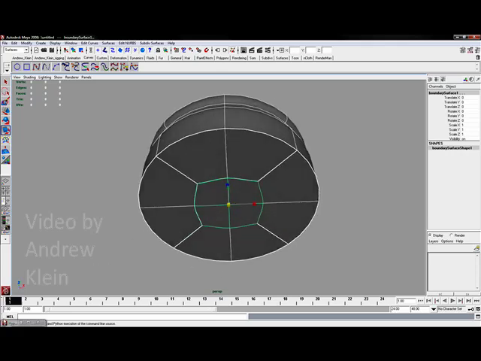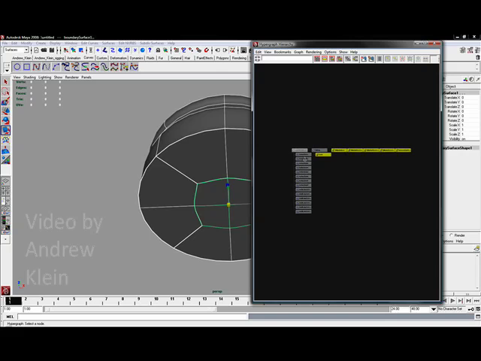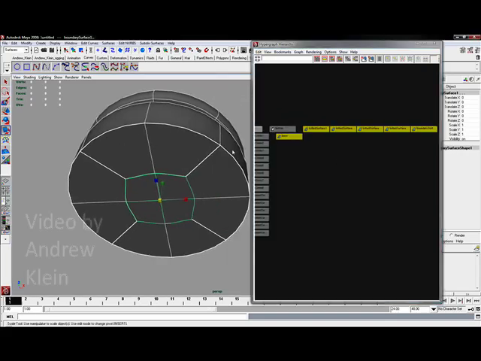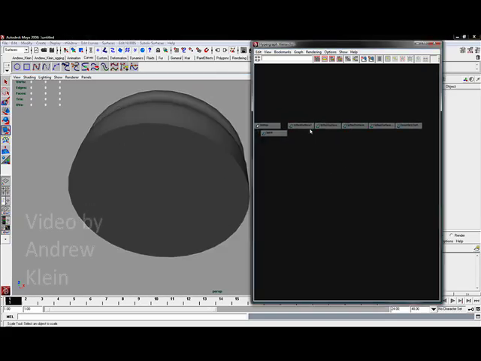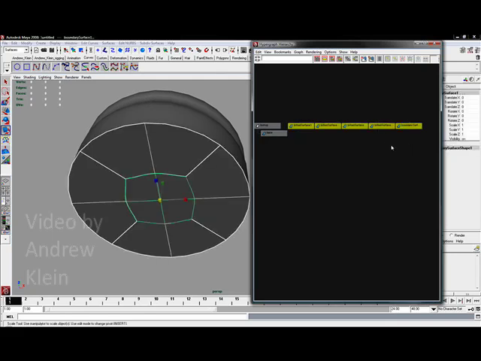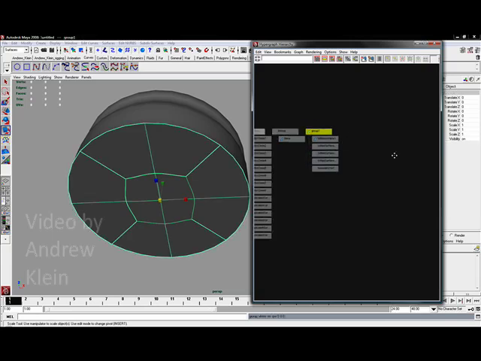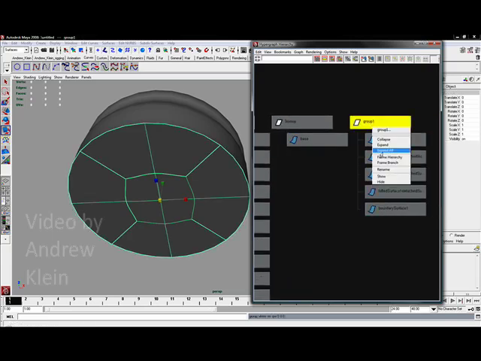Well, what I have to do from that last video still is actually organize some of these pieces. And I'm actually going to select all 5 of my bottom cap parts. I don't think we really need to name each one of these, but if I hit Control-G to group them and rename this base underscore cap,